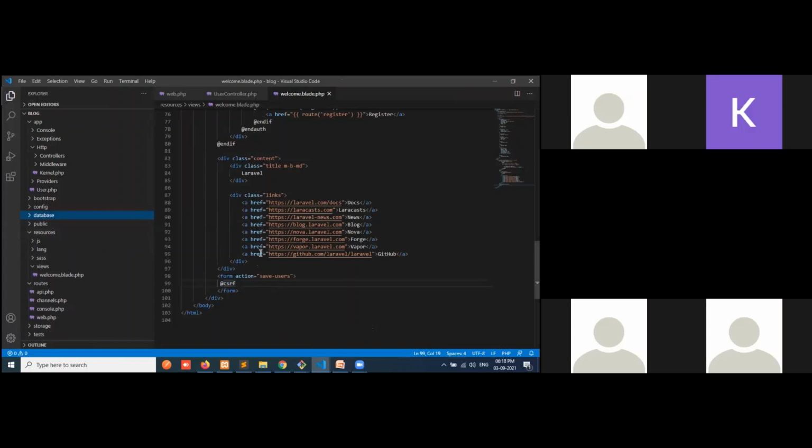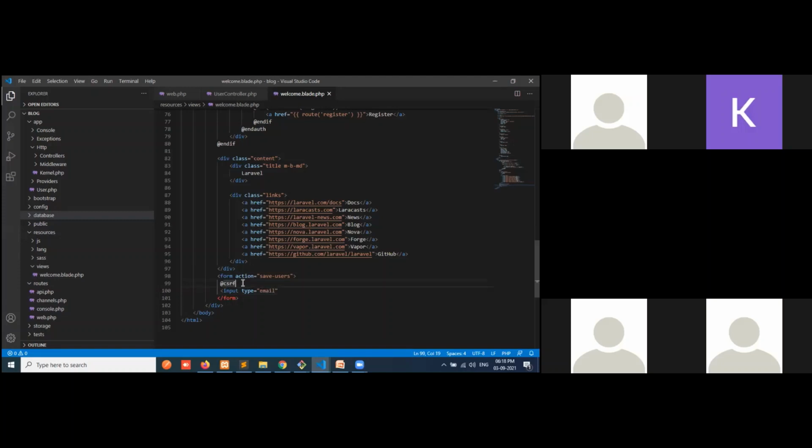Then if you need to define the input field, like that you can define the input type. You have to give the type, like text or email.